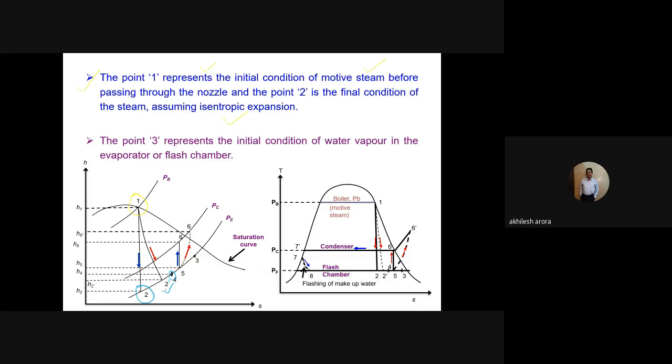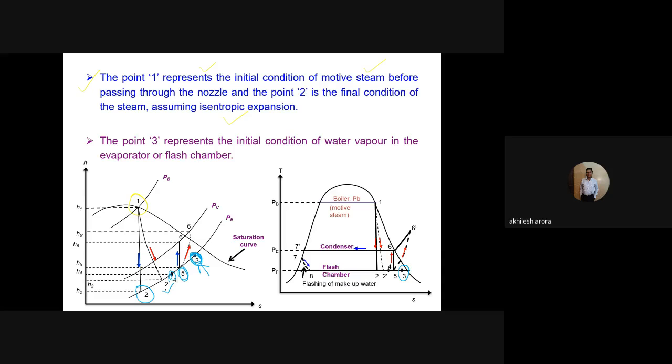And the water which is being sprayed to the nozzles is at state point 3. It is state point 3 here on the TS diagram. And these two, 4 and 3, mix in the mixing section, and we get the point number 5. This point number 5, if it is